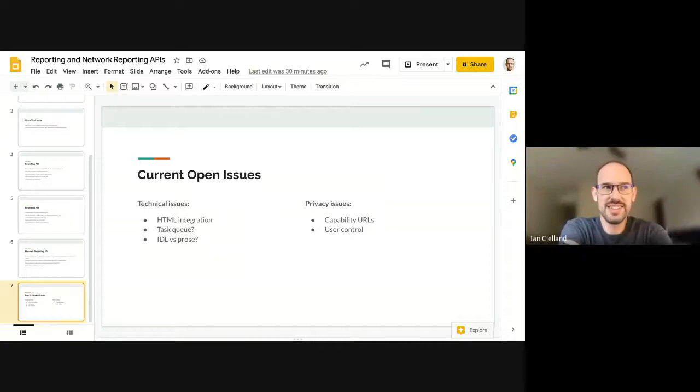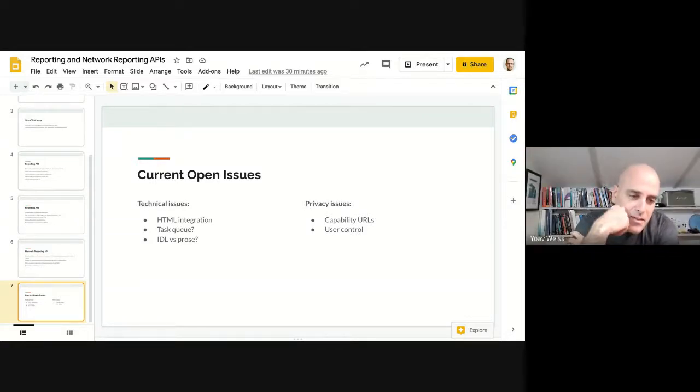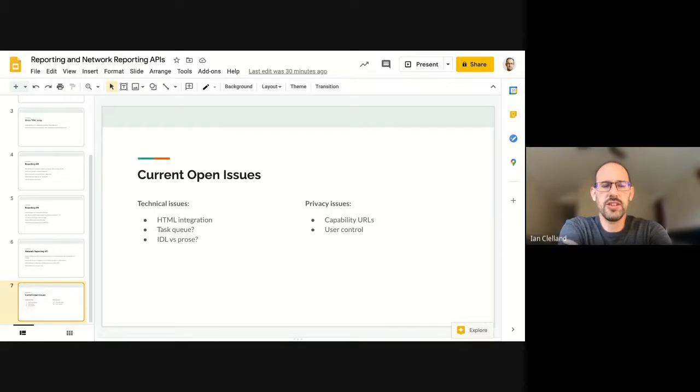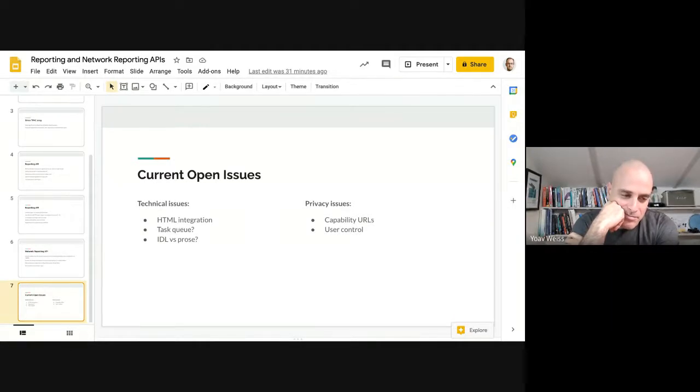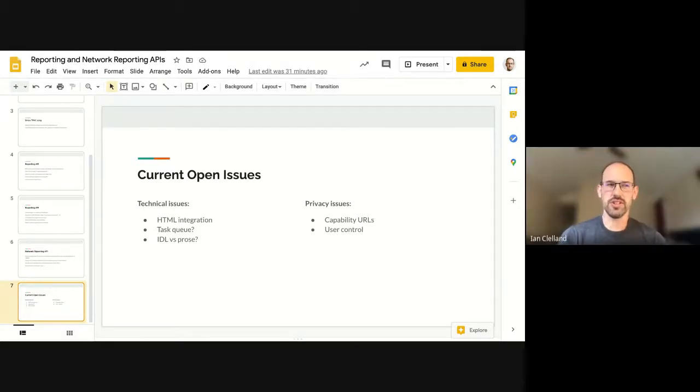Right. So it's honestly something that I would prefer to leave up to the implementers. And I think that there's space for browsers to have different opinions about these things. I know that there are some people in the privacy CG who don't share that opinion and believe that these things should be spelled out and there should be one way to do it. Yeah, I agree with everything you said. As far as capability URLs go, I think the thing to do is to figure out the wording very carefully,